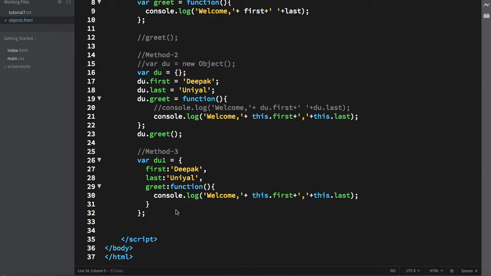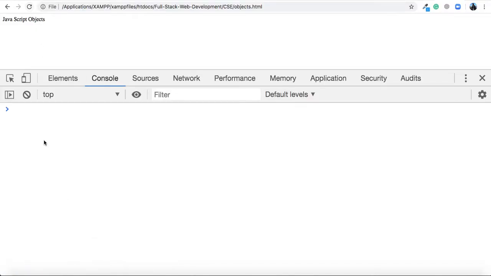For example, I am going to create a person using a function and method 3. So let us start. I can comment the above one, so it gives us nothing.